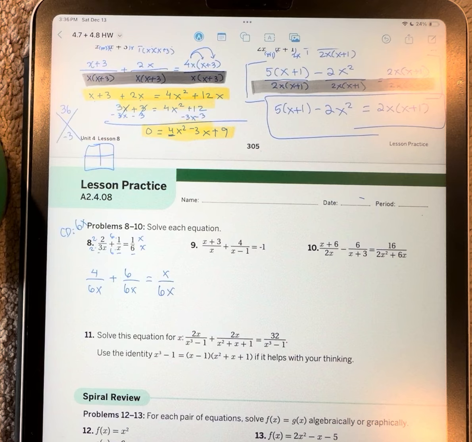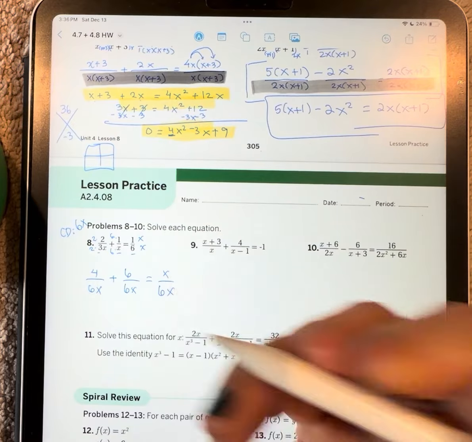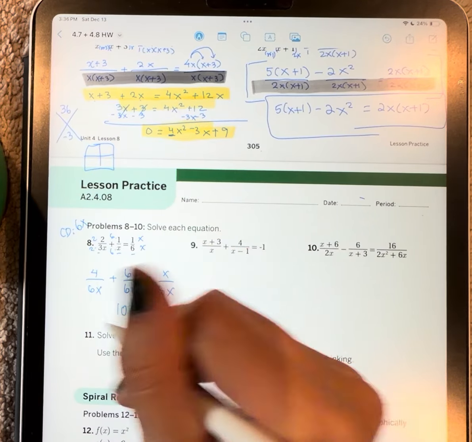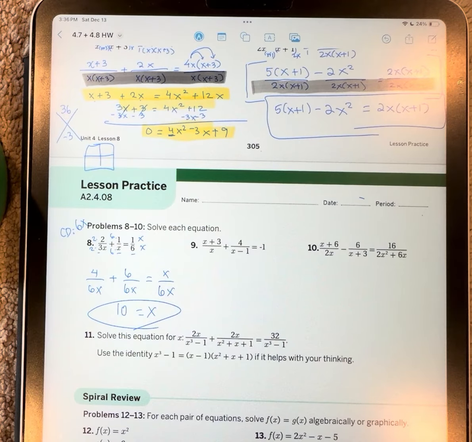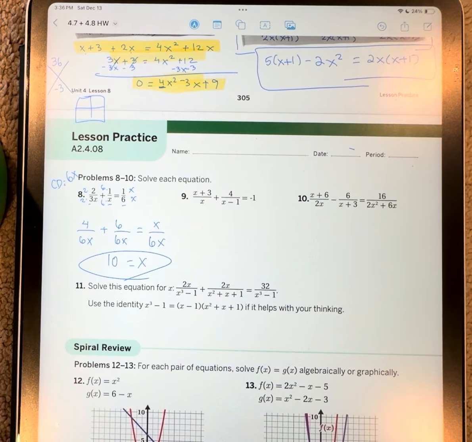And then I have a common denominator. So I forget the common denominator. And I end up with 4 plus 6, which is 10, equals x. And that doesn't put a 0 on my denominator, so that's it. And now over here,